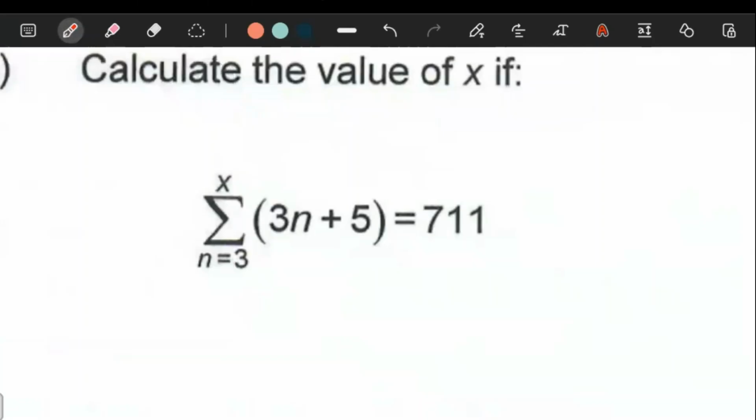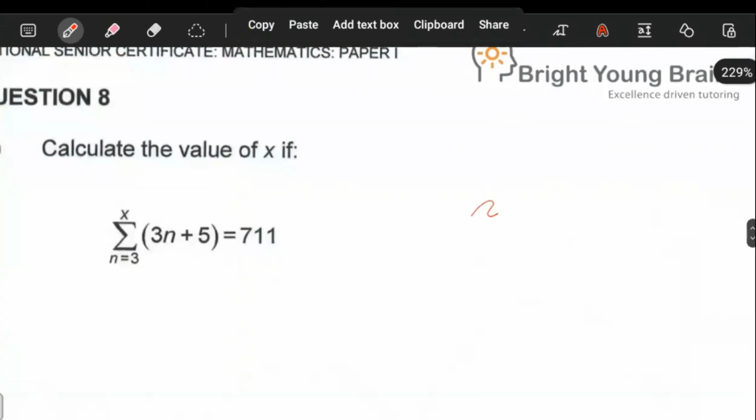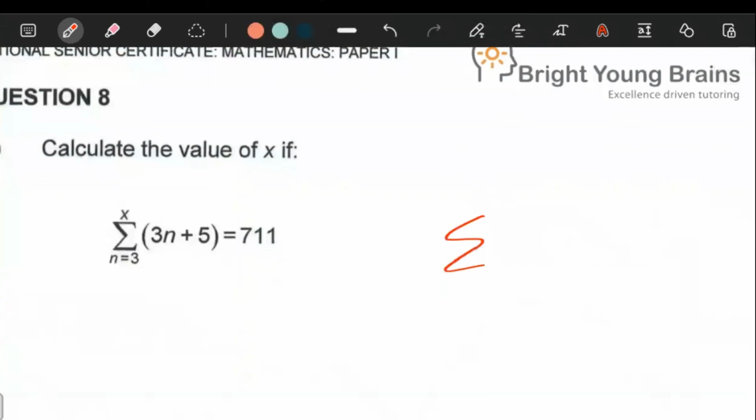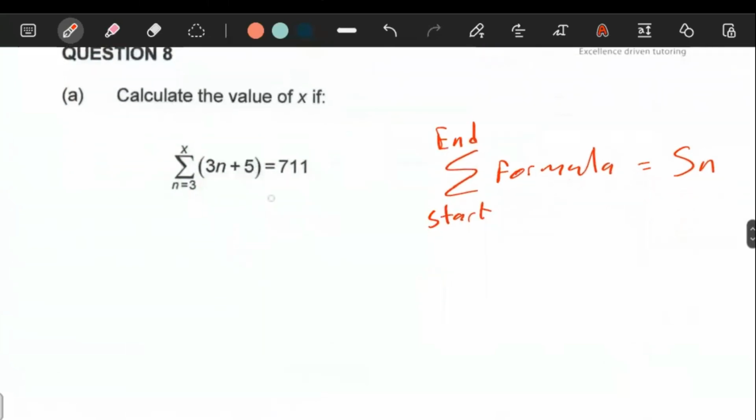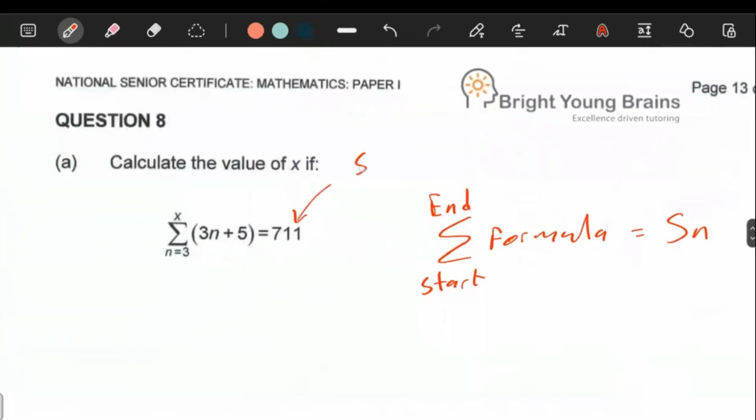Any sigma expression is in this format, right? You're adding up terms that are generated by a formula that will be over here, starting from the value that will be down here, ending at the value that will be up there. When you add up those terms, this will be equal to whatever they add up to, which is your Sn, you see. So in this situation, you have to keep in mind that they're just giving us an Sn value here, which is